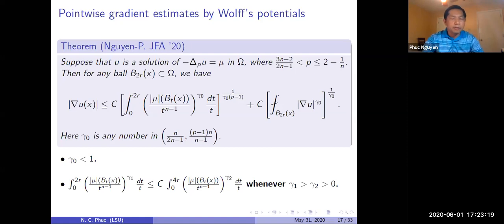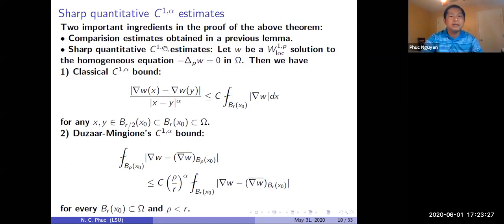So you need something, some extra information, to do that. The first ingredient in the proof is the comparison estimate that I mentioned earlier for small p. The second ingredient is that you need a very sharp quantitative estimate for the associated homogeneous problem. By that I mean, if you look at the p-Laplace equation with right-hand side 0,